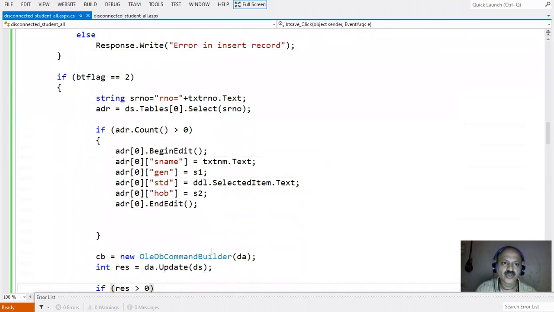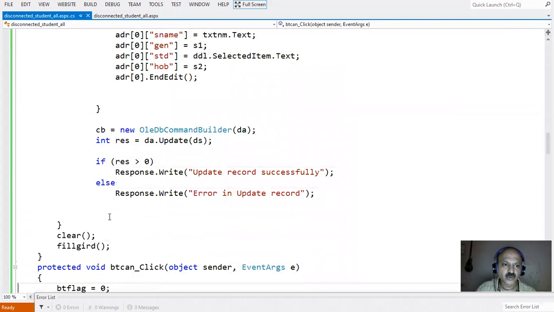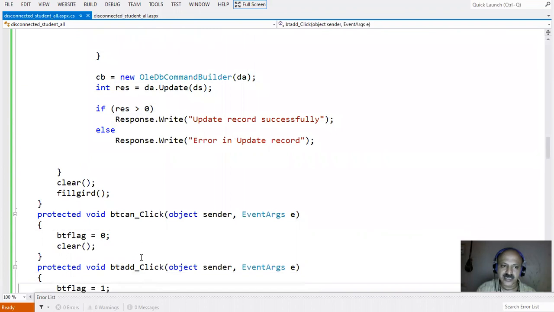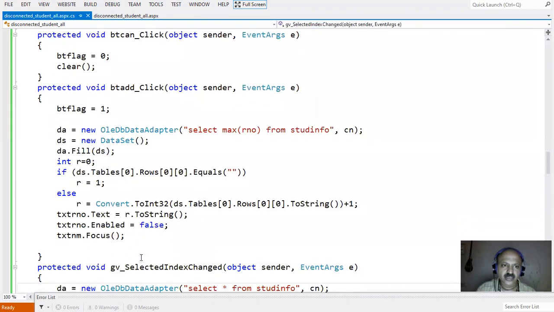Okay, and flag 2. So we can first select that record using this select method. That is only one way. That is the update operation. So beginning edit and column by column, because depending on the roll number we can update our record, and end edit. Okay, there is a 2D array, and here the row is fixed, the column is changed. There are 4 columns, and depending on the roll number we can update. That is the update operation. And also after clear and cancel, there is flag 0 and clear, and add auto generate logic. Okay, so that is blank, then roll number 1, and then convert plus 1, and that is assigned to the text box.